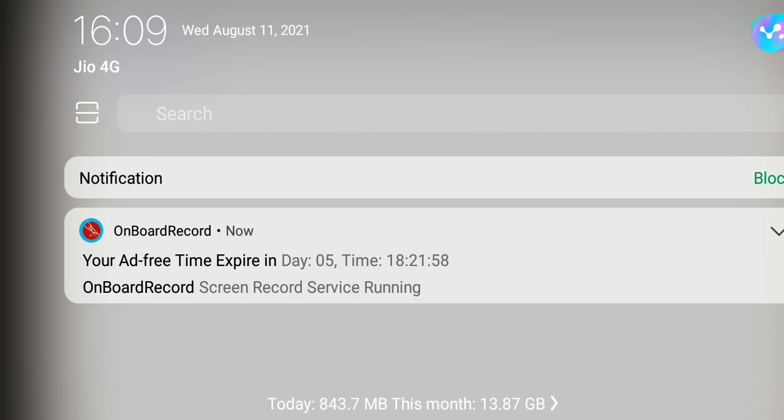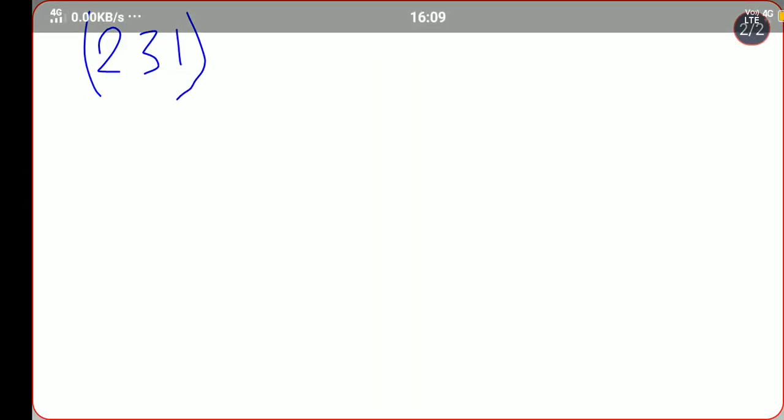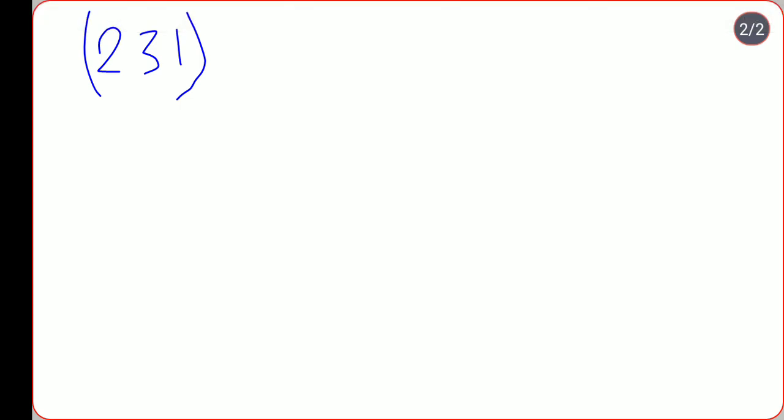So let's go to the next page and do it. My example was 231, base 10. We have to convert it to base 8.